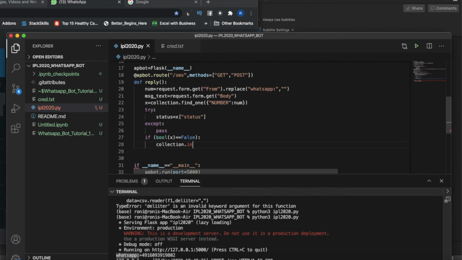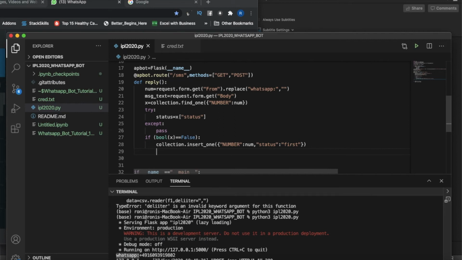So it should be collection.insert_one, like this, number like this. It should be num, and the next entry should be status, and the status will be first. Okay, and we'll be going to send a message to the user.